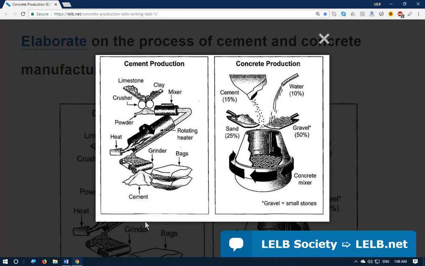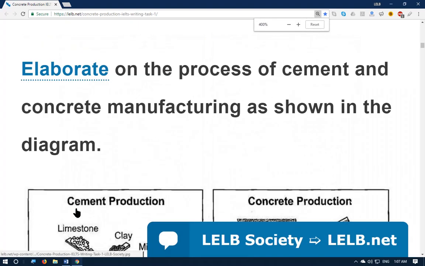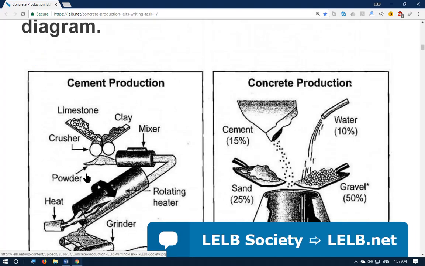You see, this is a process essay or process writing. It means that you need to go through a specific procedure to show, step by step, a process from point A to point, for example, B. Okay, so as you can see in this diagram, on the left side, two elements, clay and limestone, the ingredients of cement,